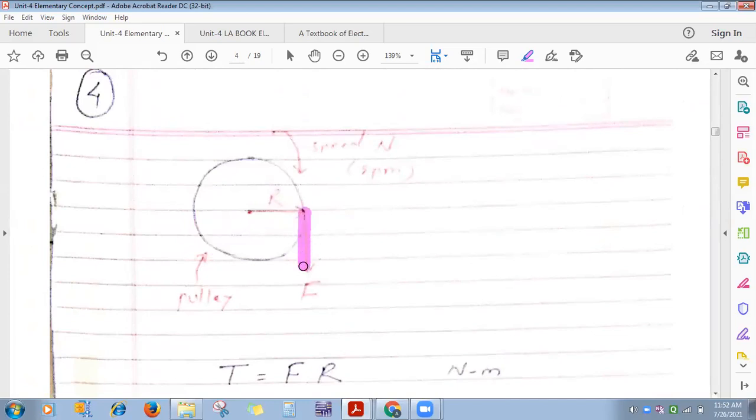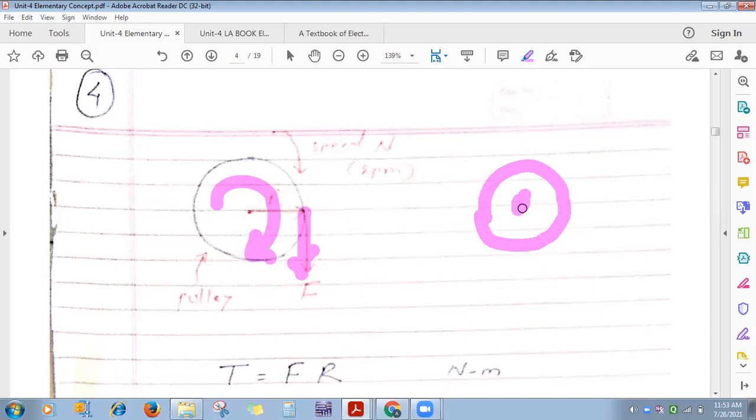And this is the force. You are going to apply some force over here. Because of it, consider this pulley is rotating in clockwise direction. So in electrical engineering, whenever you consider any motor or generator, all of you know their rotor is cylindrical, circular. So centrally it's a shaft, and on the shaft the rotor core is there. So whenever any motor or generator rotates, clockwise or anti-clockwise, whatever it is, the speed of this rotor and that shaft is the same, and that is marked as capital N.